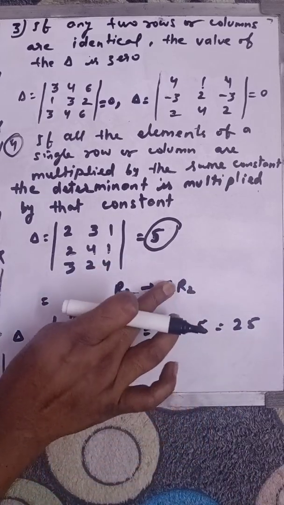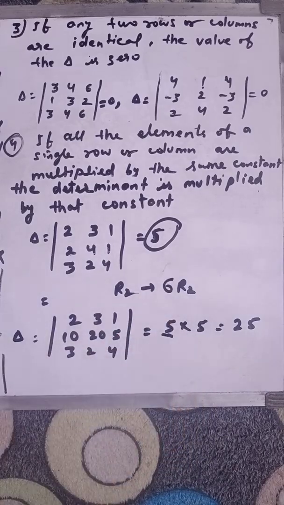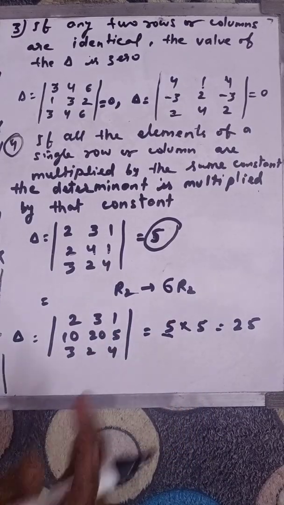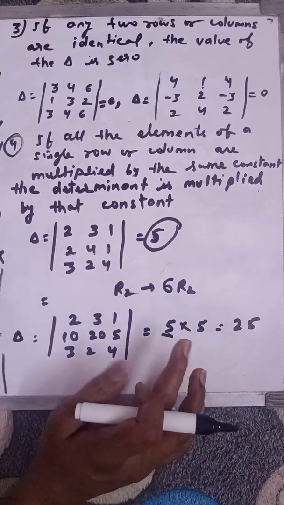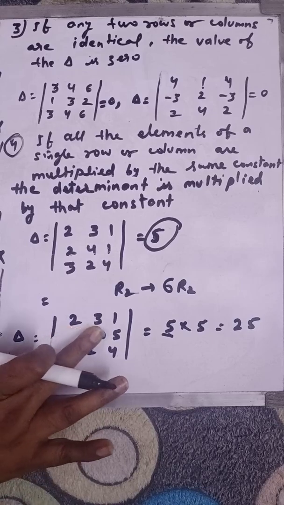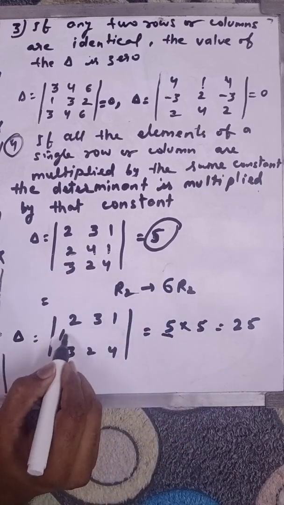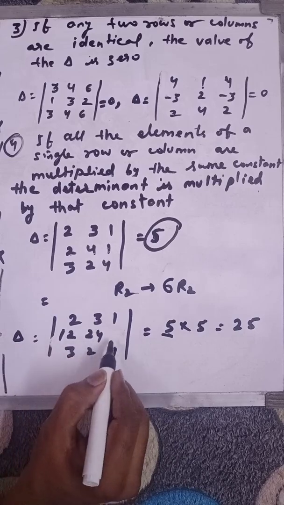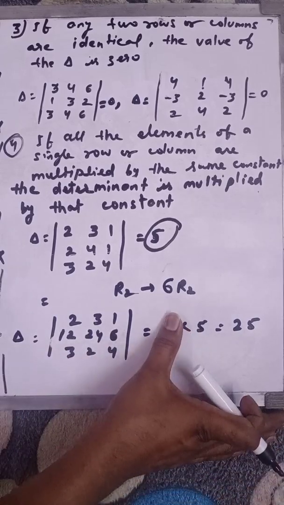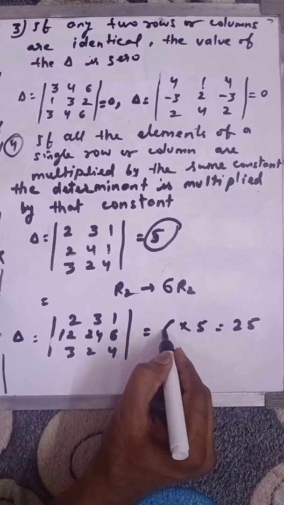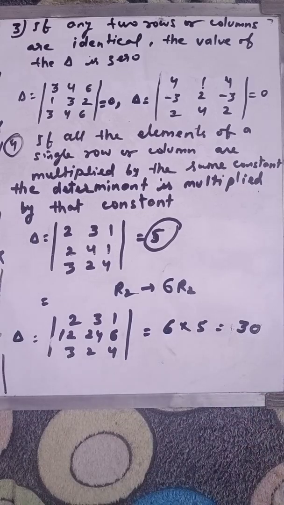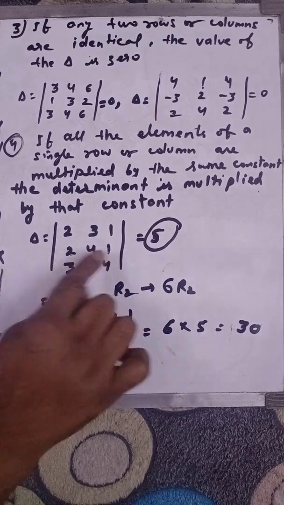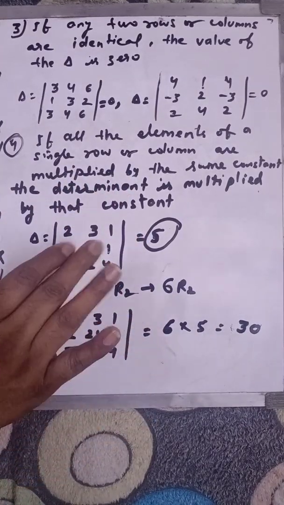If we take 6 here, suppose. Then the value of the determinant is 5. And we are multiplying the second row by 6. So if you multiply, that would be 12, 24 and 6. And your answer will change. You have to multiply by this 6, and your answer will change into 30. Now the answer is 30. Okay, if you multiply this row by 7, any row you can multiply. I'm just taking an example of row R2.